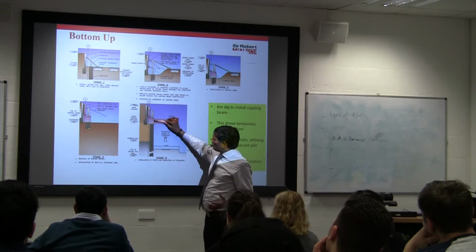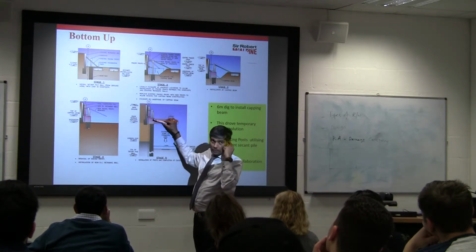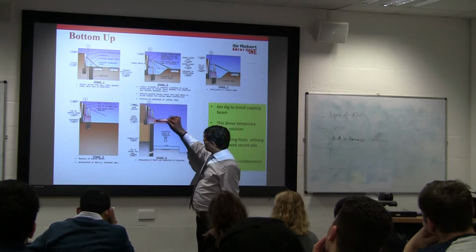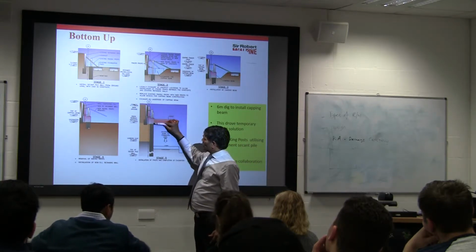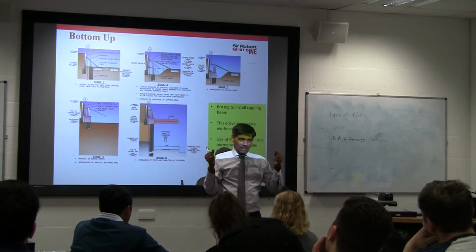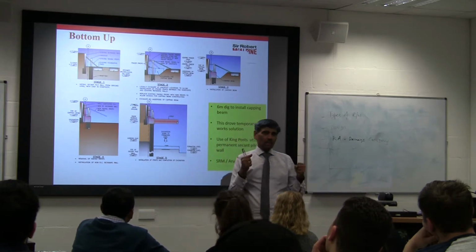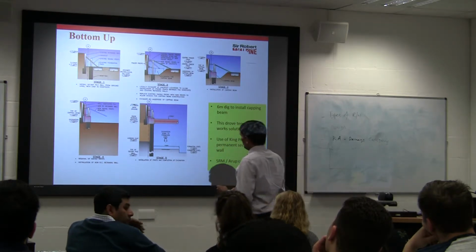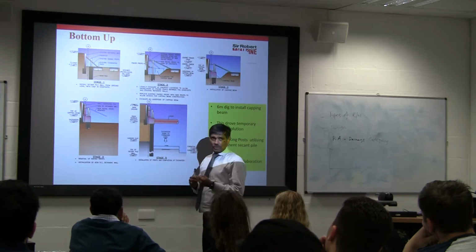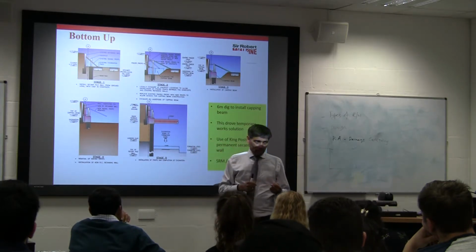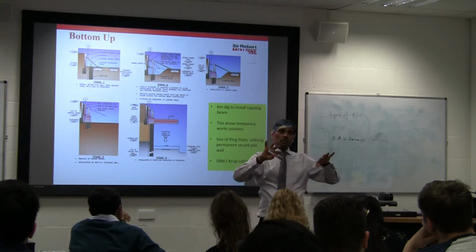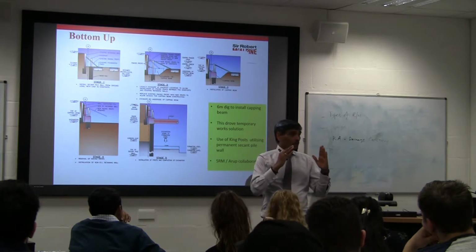And when we install the prop onto the capping beam, we talked about the capping beam last time, remember? So when we install the capping beam here, we want to cast that together, so that basically it gets locked in and there is no slack in the prop. Sometimes we also put a jack here to make sure it picks up the forces. So if there is any slack, the wall will move, then the prop will start taking